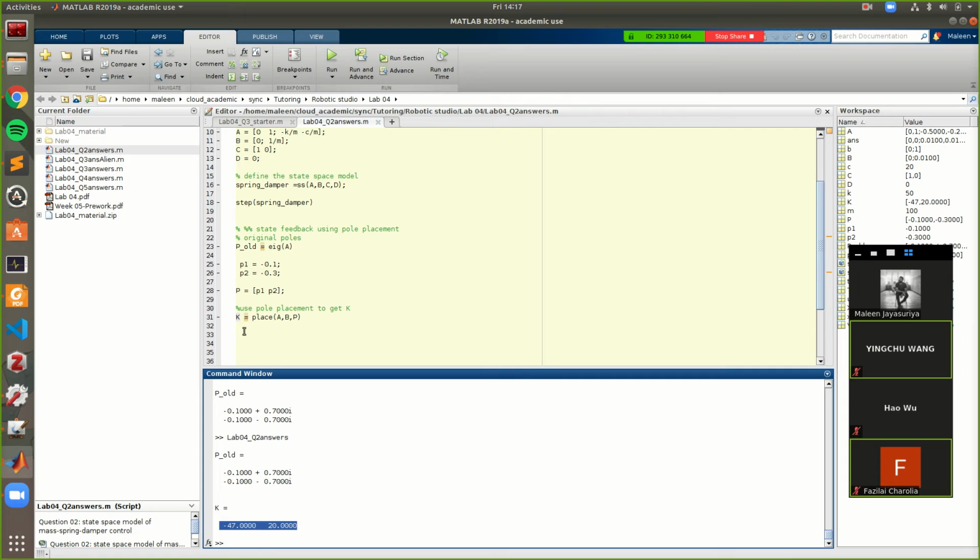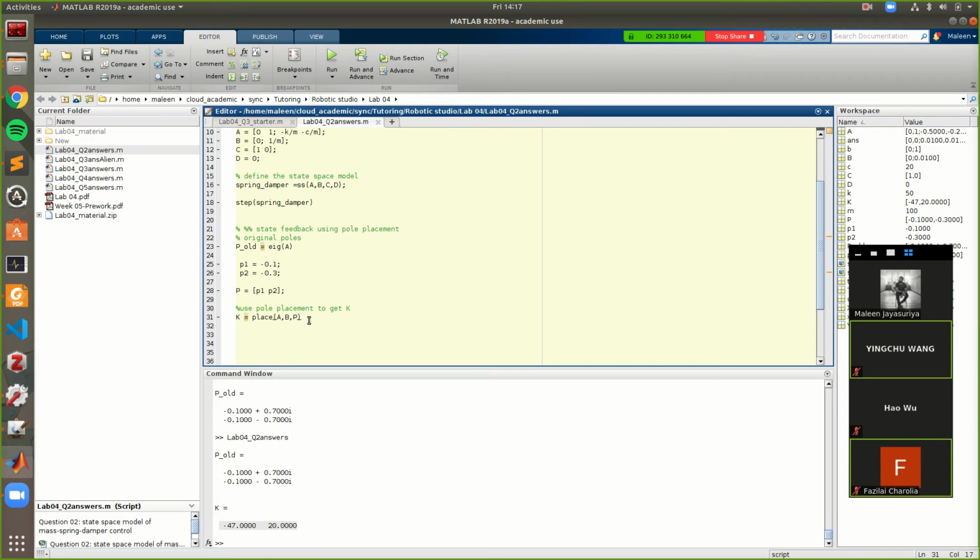So now that I have my K matrix, I can design my closed loop system, right? So what does my closed loop system look like? It will have a new A dash, right? Just call that A dash. It will be basically A minus B K, right? So my new closed loop system, I'm going to call that spring